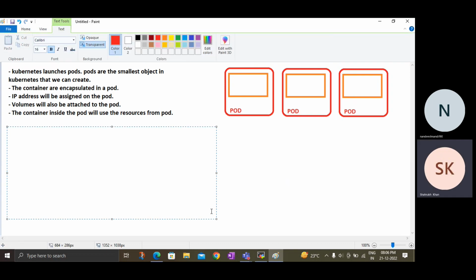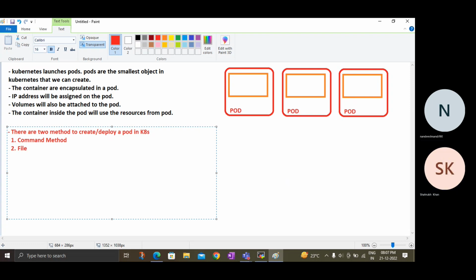If you want to deploy a pod, if you want to create a pod, there are two methods. There are two methods to create, or we can say deploy, a pod in Kubernetes. First one is we can deploy it using a command, and the second method is to deploy it via a